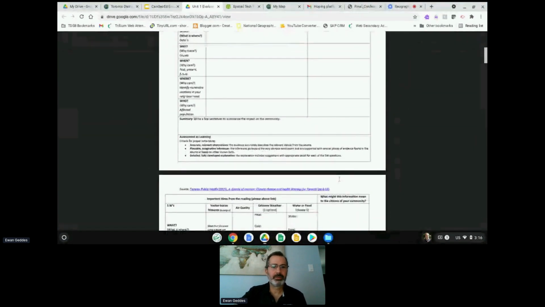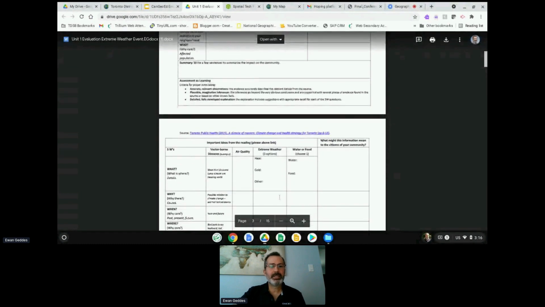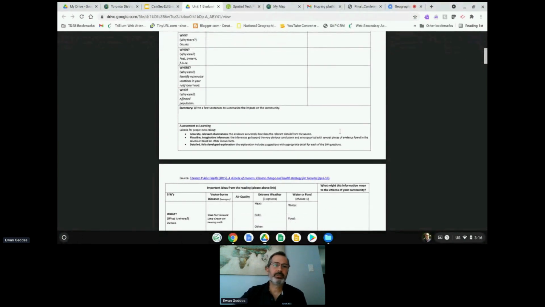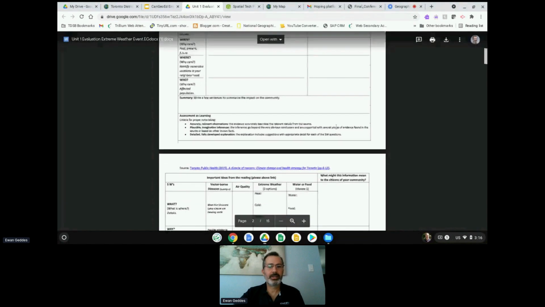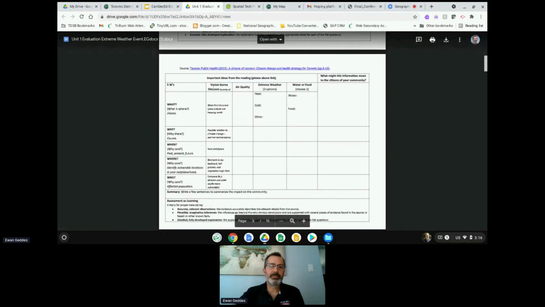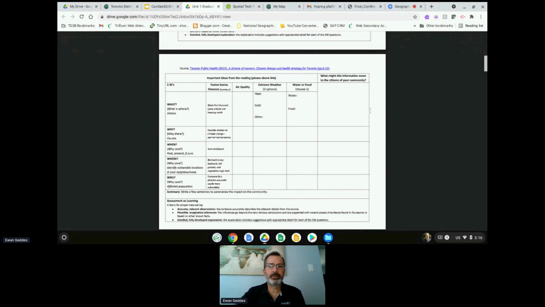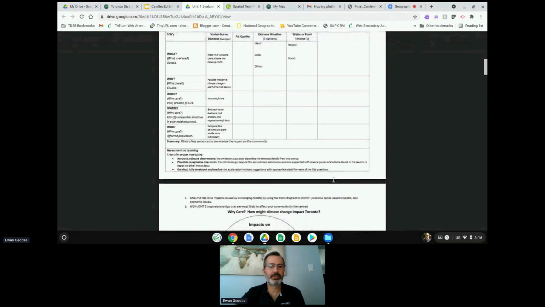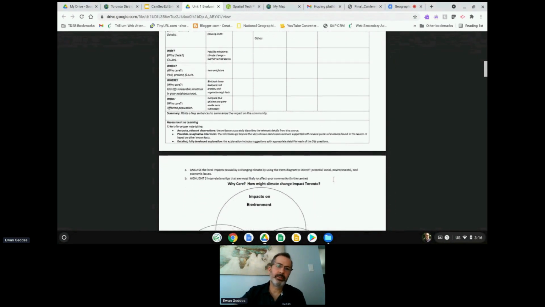We're looking at creating and filling out these graphic organizers to support the students in their learning. Some students don't need the supports, others do need these graphic organizers, so they're embedded there. Then when they examine the different types of weather-related events, they can fill in this graphic organizer, and then they'll pick the one that they're most